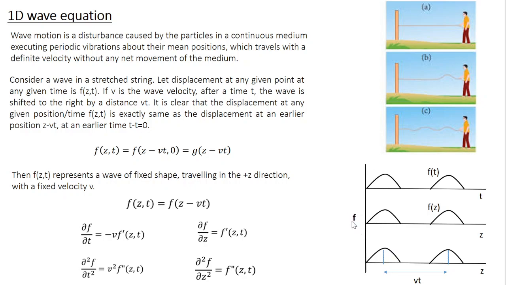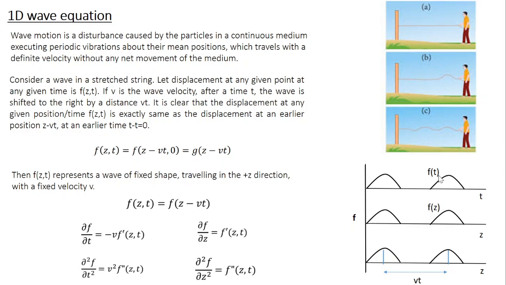If I take f as the displacement from the equilibrium position, there are two ways I can represent the variation in f. Either represent the variation in f as a function of time, so this is f of t, or as a function of distance. By convention, we take the distance along the z-axis, so this gives you f of z. The first gives you the temporal information of wave motion, and the second case gives you the spatial aspect of the wave motion. As you would have already made out, both these representations are incomplete.